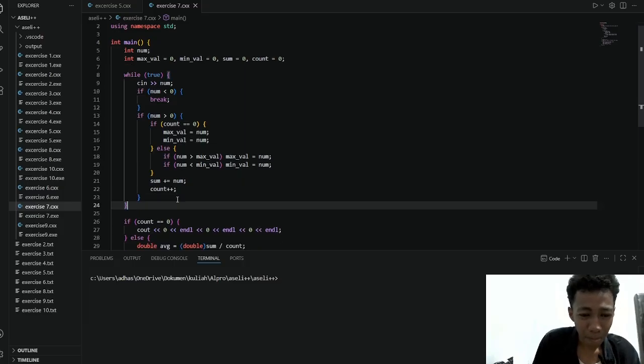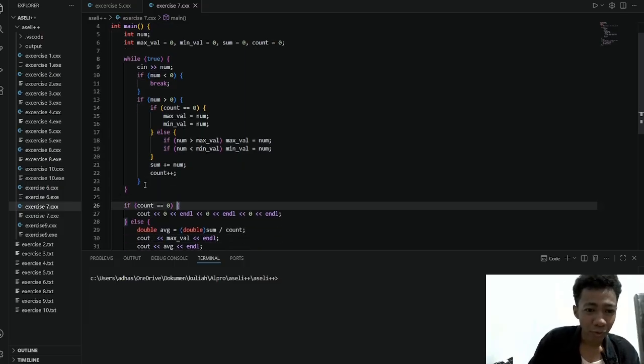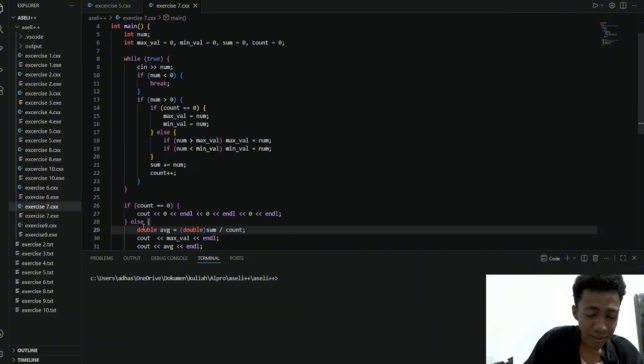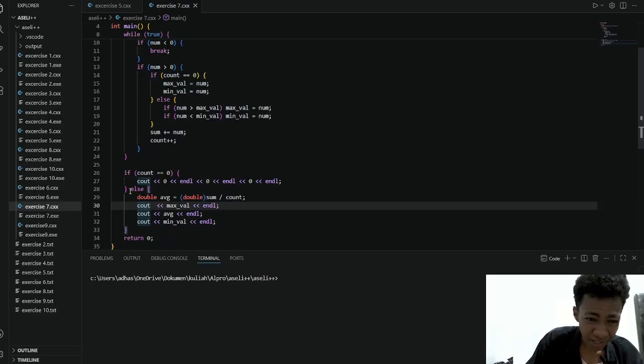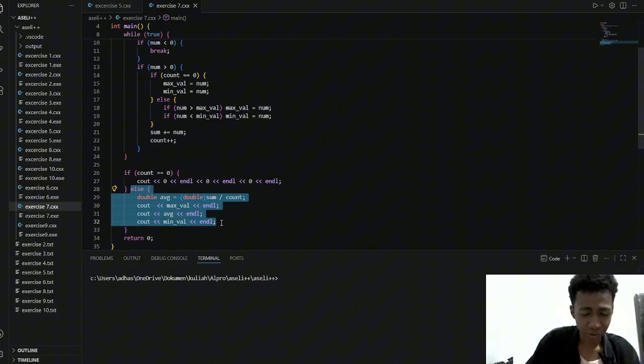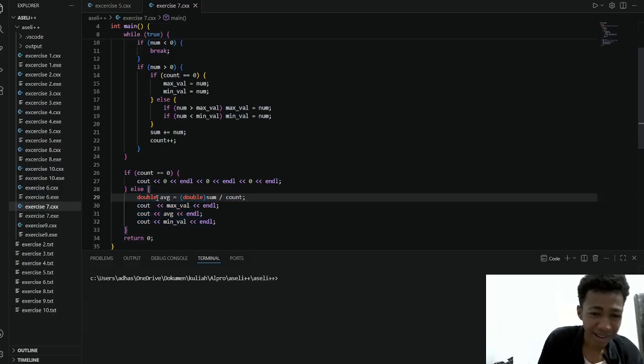After that, we escape the loop, and this is of course not going to be executed because the count is not zero anymore. The final result of this program is the average.